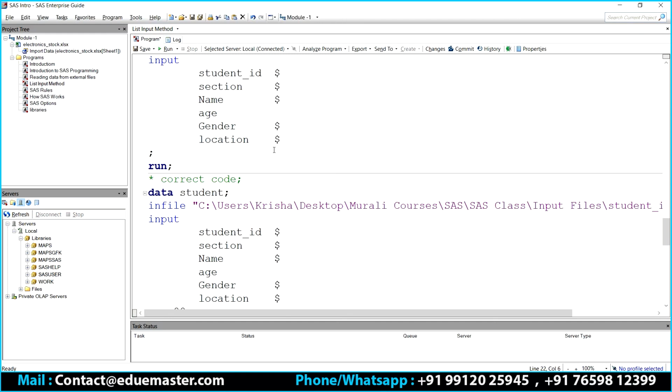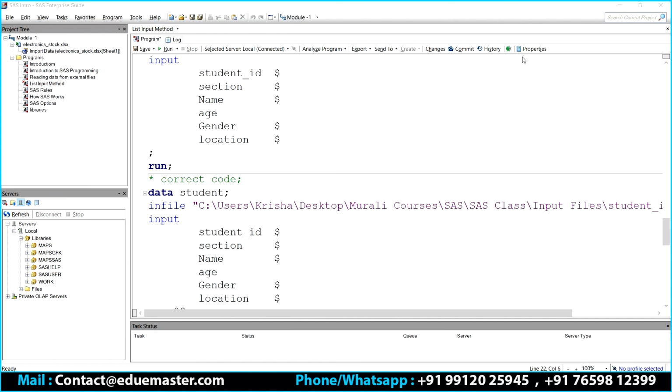So far, what I did is two types of libraries: permanent and temporary. What are the differences? Second, what are called SAS-defined libraries? What are called user-defined libraries? So I talked about SAS permanent datasets and temporary datasets. Let me repeat, Tulsi. What we discussed so far was permanent and temporary datasets, user-defined and SAS-defined libraries. What is called permanent? What is called temporary? And why we should go for creating user-defined libraries. Up to this we discussed.